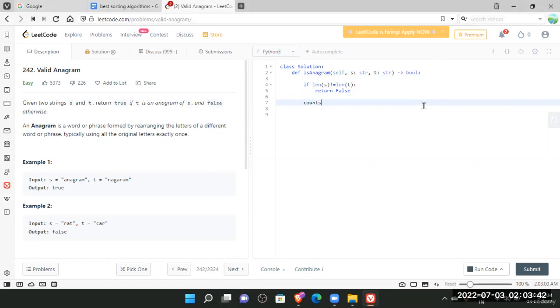Then we are defining some counts. We'll first count for s, we will count for t, and we would create an empty hash map, the approach that I told you. We'll use a for loop, for i in range, to iterate over the length of s. So this is for s, we are counting. We are iterating over s fully,